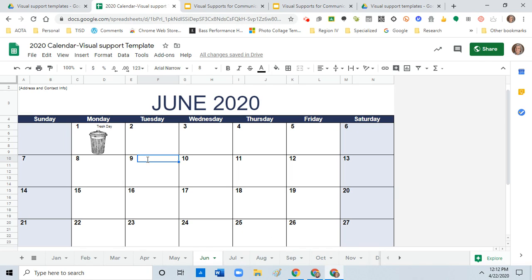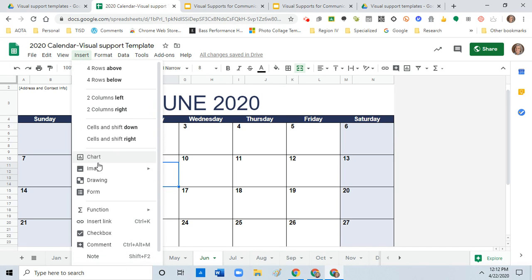So we're going to click here. We're going to do walk the dog. Obviously, a chore that they share with somebody else. We're going to go here and merge the cells. And the reason you do that is so your picture will turn out big. And then we're going to do the same thing. Insert, image, image in the cell,